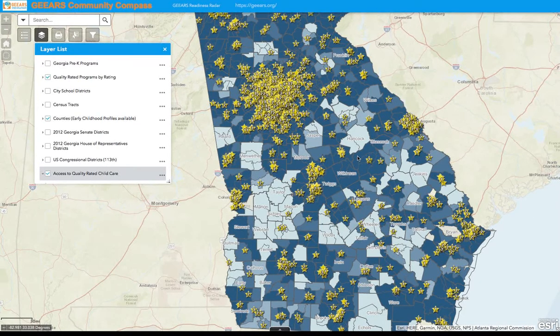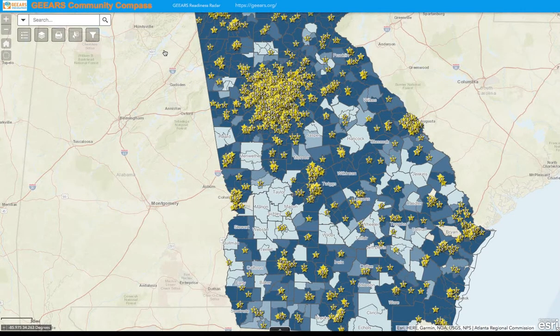In addition to visualizing the various layers and viewing data via pop-ups, the Community Compass tool includes an array of other components and functions. For the purpose of this tutorial, the components and functions will only be introduced. For more in-depth guidance on these aspects of the tool, please refer to the how-to videos posted along with this video. The most widely used component outside of the map itself is likely the attribute table,